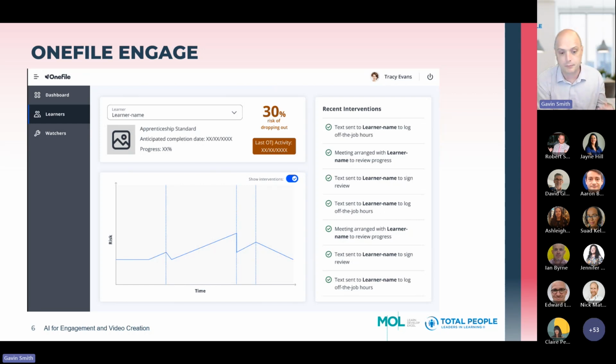So it could be actually the best time to contact that person is 6 o'clock in the morning. That's when we get the engagement. It could be 6 o'clock at night. So when is the best time? All of that, that's where the machine learning part takes over and says, actually, this is the best time to send that text message. That's the best time to send this email or make that contact.